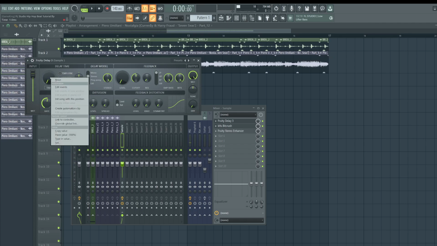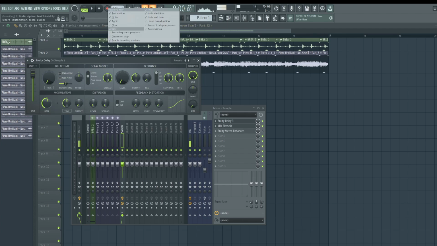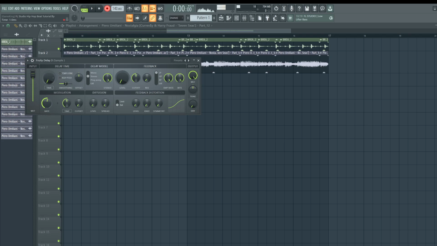Right click, and you could link to a controller if you guys use MIDI controllers. I'm just going to right click up here where the record button says, and then make sure it has automation turned on. So now when I hit record and I move this knob over time, you guys will hear it record the MIDI information in real time. Let's hit record, and now I will move this as if I had a real unit in my house turning a knob. So I'm turning the knob as we listen back.